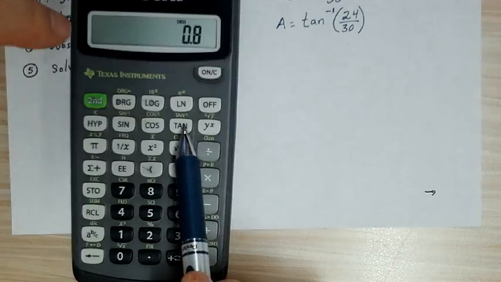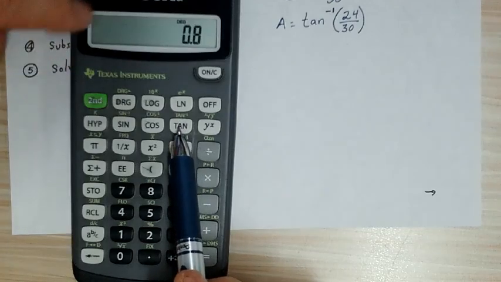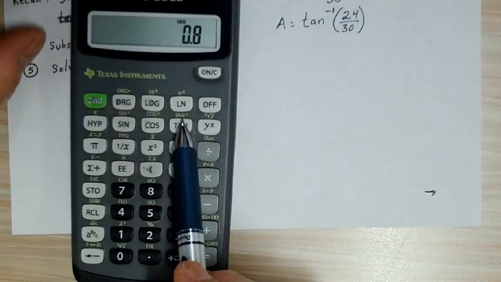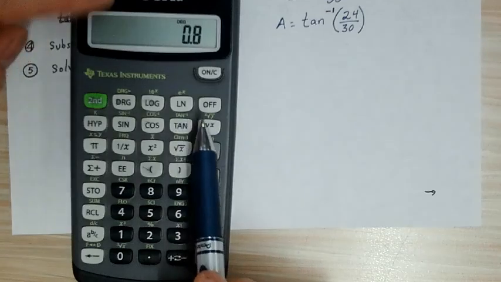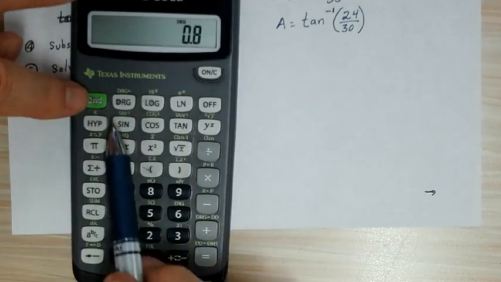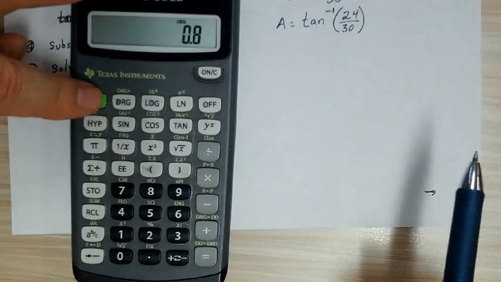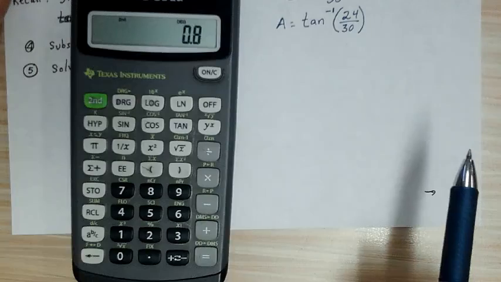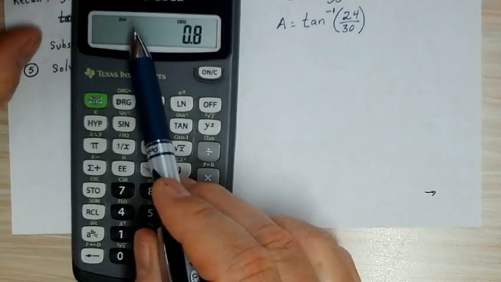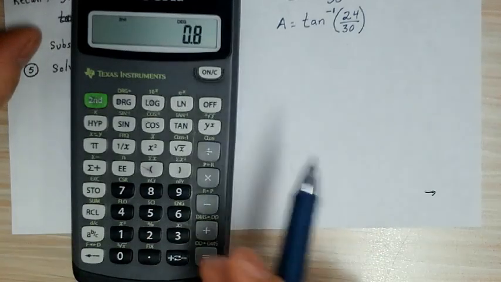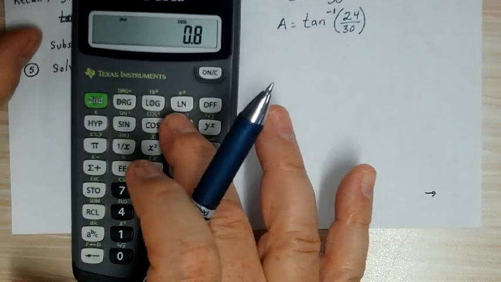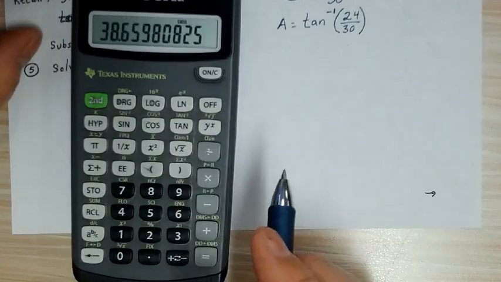So to get to the inverse tangent, we have to hit the second button, because that says I want to use the secondary function of the tangent. So I hit second, and see how the second comes out right there. And now when I press tangent, I'm not taking the tangent, I'm doing the inverse tangent,